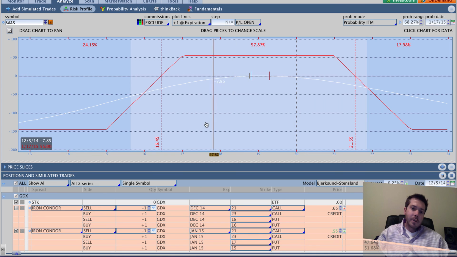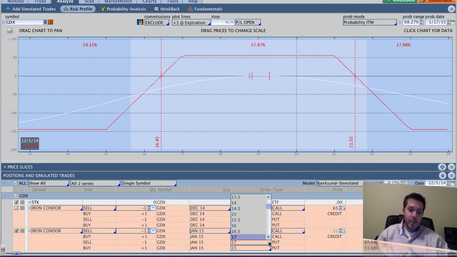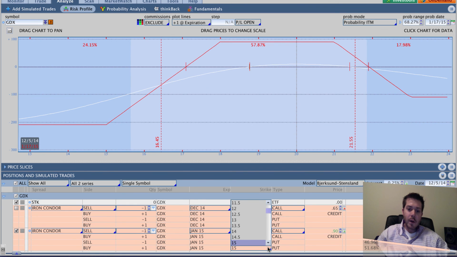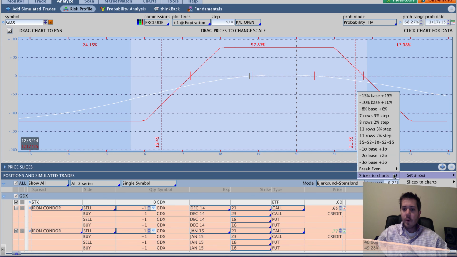But what if you say to yourself, you know what, I'm just going to keep the tighter range that we had in our original one, but I'm going to move the whole spread with a little more cushion to the upside. So to do that, you would just simply move your puts higher. So you go 1 point higher on your short put, 1 point higher on your long put. Now you've got the same width there, and you can see if we move our break evens,